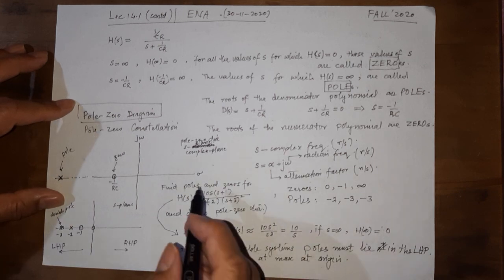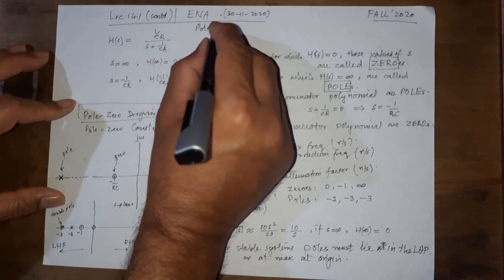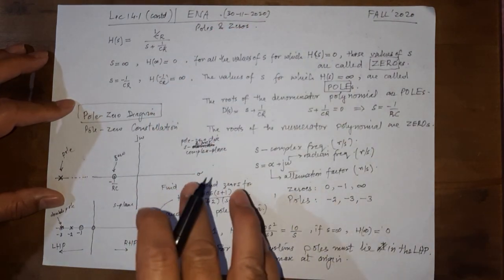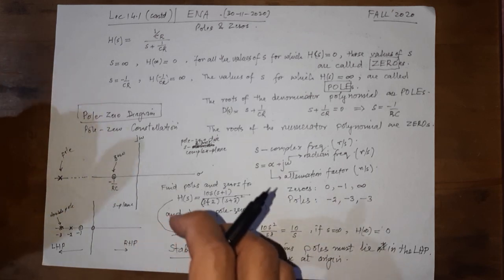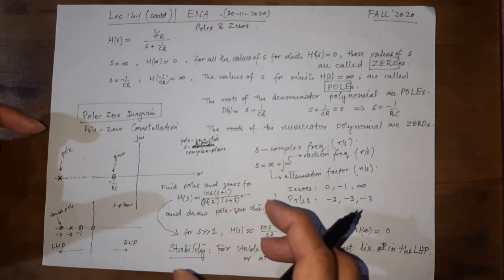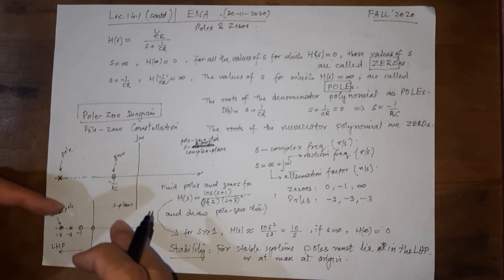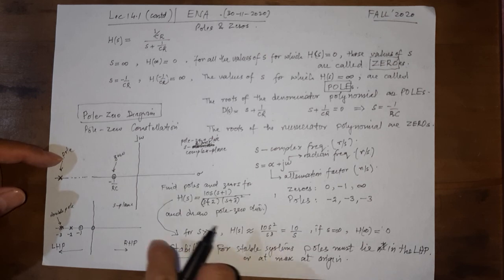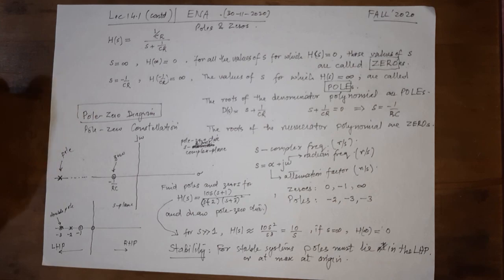This is it. So we have learned about poles and zeros and the transfer function in this lecture number 14.1. We will come to discuss more about the transfer functions and poles and zeros and their significance. What is the benefit of knowing the pole zero diagram? What does it tell about the stability of the system and how would the system behave, and so on. We will come to talk about that later on.